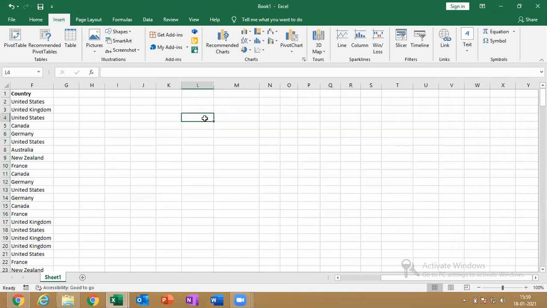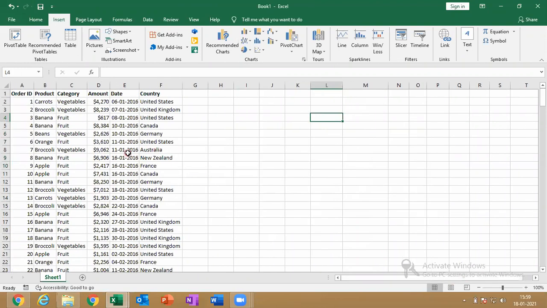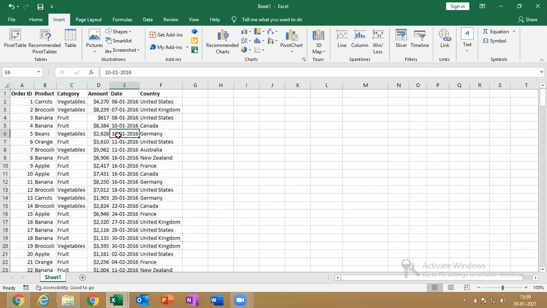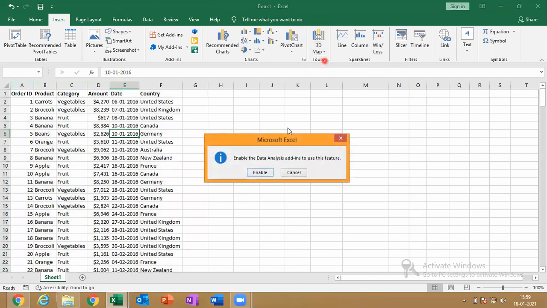Next, 3D maps. Let's see, very interesting one, a new tool. So this is the data I have for 3D maps, like order ID, product category, everything. The main purpose is we should have something called country here, then only we can do this. Select this, click on 3D maps, open 3D maps. Enable the data analysis add-ins to use this particular feature.